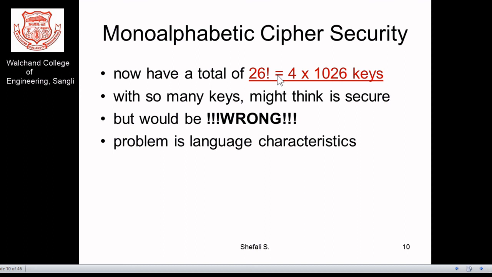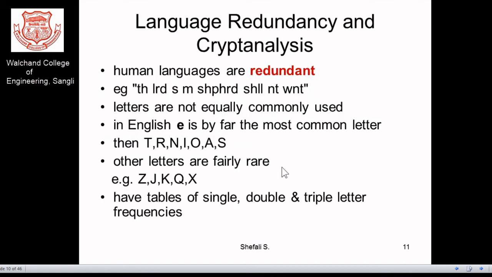Actually, if you compare the Caesar cipher and the monoalphabetic cipher, in the case of the Caesar cipher the complexity was big O of 26 only, and now here it is big O of 26 factorial. Finding out the resultant value, there is a very large difference in the security of the Caesar cipher and the monoalphabetic cipher. However, we should not say that it gives complete security, because even though the number of keys has increased, the security we observe is not up to the mark.